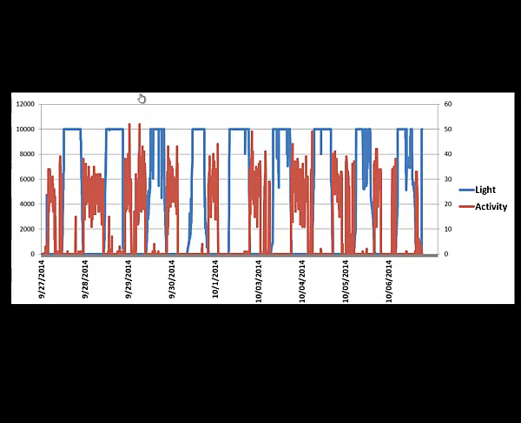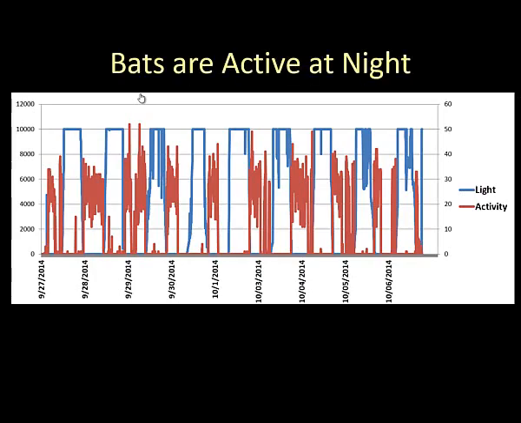So now we've made this important contribution to science. But seriously, it was really exciting for us to know that these light level sensors would work on a bat. So we were very concerned that it's roosting in the dense canopy of a redwood forest or deep in a drainage, that it wouldn't sense the light very well. But instead, it sensed the light remarkably well. And I think if the bats were moving hundreds of kilometers away, we would be able to tell that from these light level indicators. So that was really exciting.